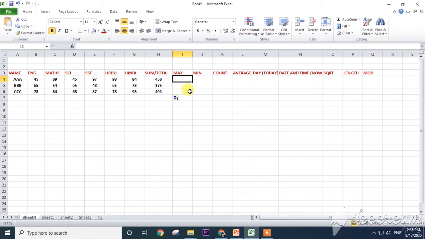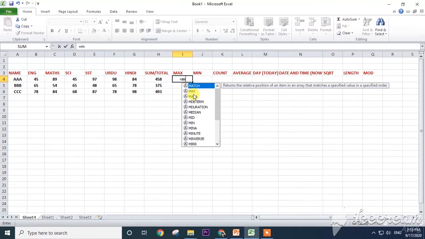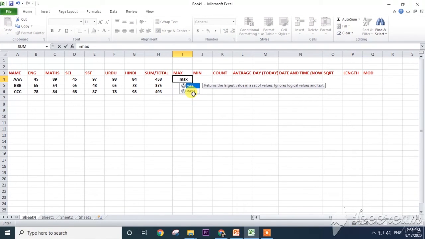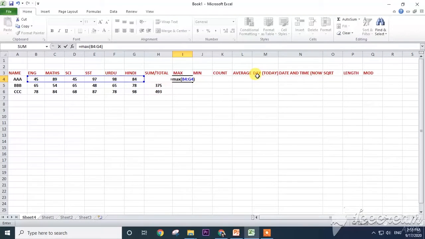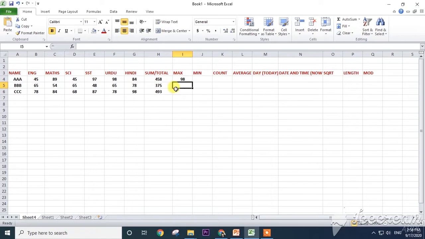493 is the total, and the MAX function, we will get it with equal to MAX of from where to where, B4 to G4, close the bracket, and we will see the maximum value. Maximum value is 98, right? See, 98 is the maximum value. Here also I am just dragging and dropping this one.